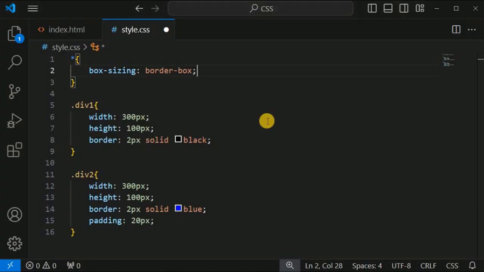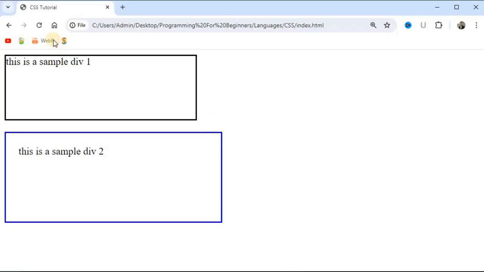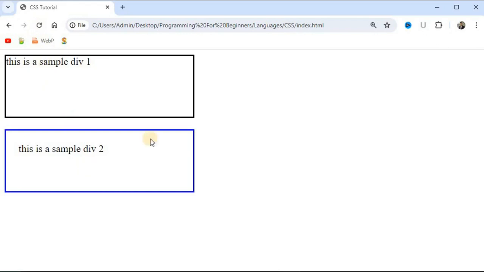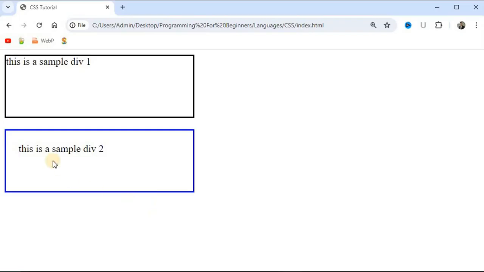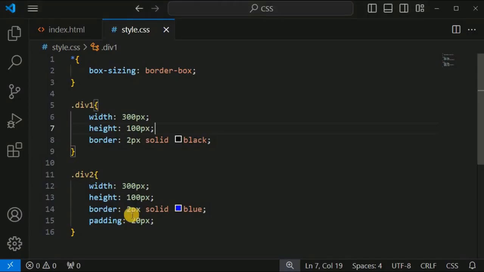will be consistent. So guys, let me just save this file now and try reloading this page once again on the browser. As you can see, the width and height of both these div tags are the same, that is 300 pixels and 100 pixels respectively. And apart from this, the second div is also having the required padding of 20 pixels that we have provided